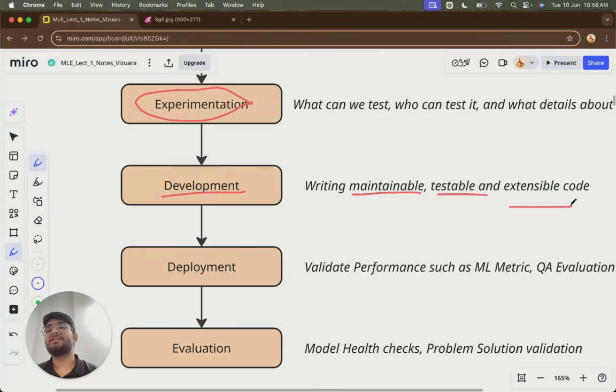If some new features have to be added in future and that is demanded by the government, then your same code should have the ability to be extended as well. Else, it will be problematic. Next is deployment. Deployment will be needed to validate performance and to see whether your model works in a real life scenario or not, because this Kaggle model or Google Colab won't be enough. This has to be integrated into CCTV cameras where it works.